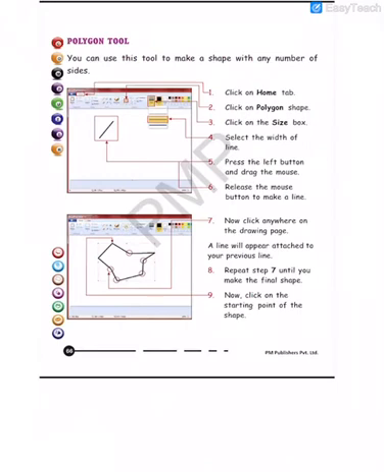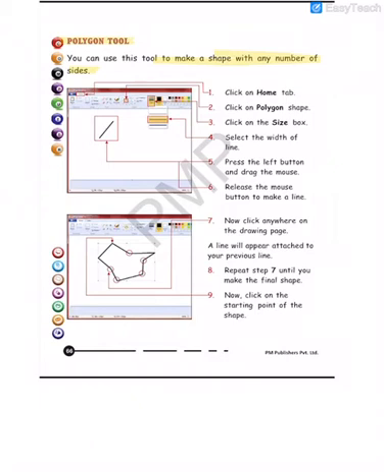Now, the polygon tool. Suppose we want to draw a figure with many sides. Which tool will you use? The polygon tool.